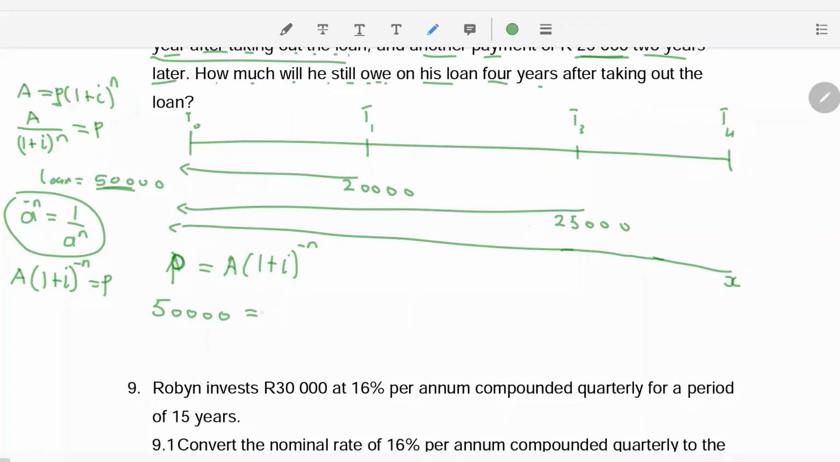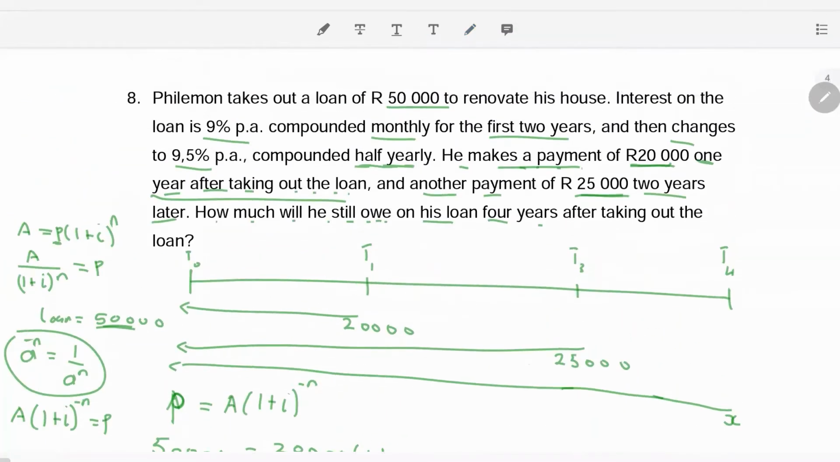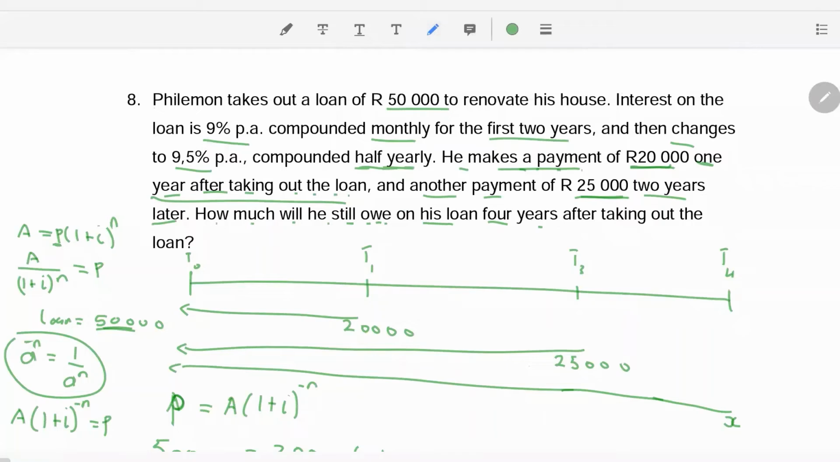This should equal the accumulated value of 20,000 plus, oh, we forgot to analyze the interest rates. The interest rate is 9% for the first 2 years, so this is up to T2. The interest rate is 9% compounded monthly. And then it changes to